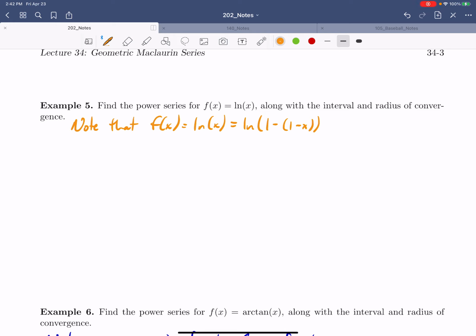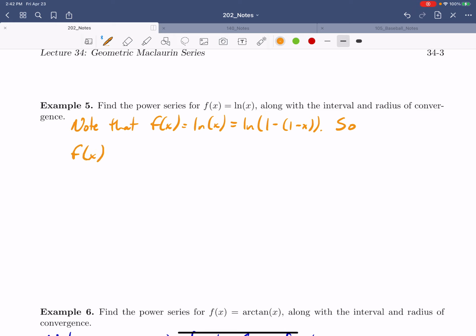I realize that this might be a complicated looking derivative. But just remember that the derivative of ln of x is 1 over x, so we could rewrite f prime of x equals 1 over x, then we could really rewrite this as 1 over 1 minus the quantity 1 minus x, right? That's sort of where we're going with this, okay? Right, so what we're going to say is, just to write this a bit nicer,